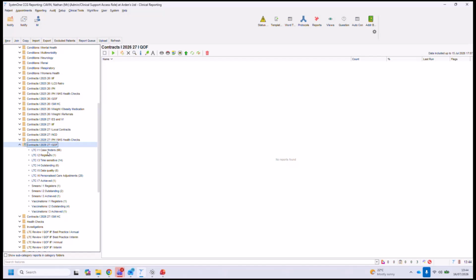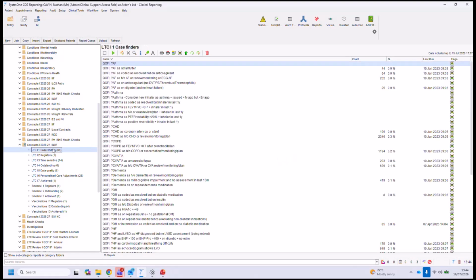But what we've done is we've built some extra reports that will help you with those indicators. Now, the first one, and this is really more to do with the HF009 indicator, is the first option, which is case finders. Now in here, you're probably again au fait with this. There's a lot of case finder reports where we can identify patients that maybe aren't currently on your heart failure register, but maybe they should be, or any other QOF. So that's why they've got all the other QOF stuff in here.